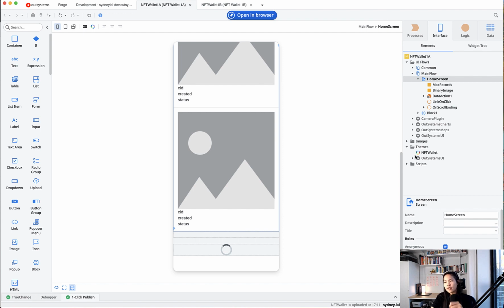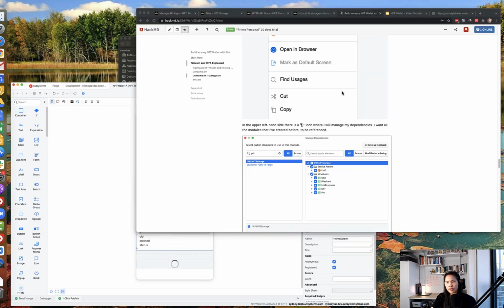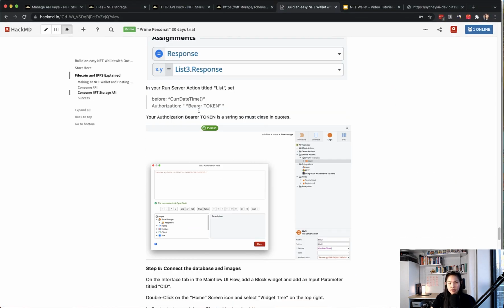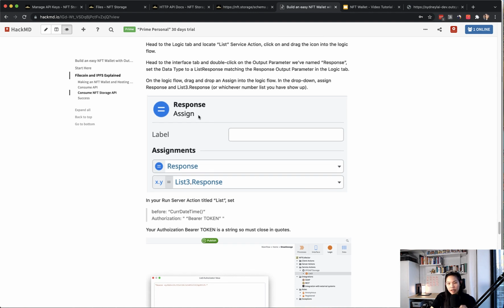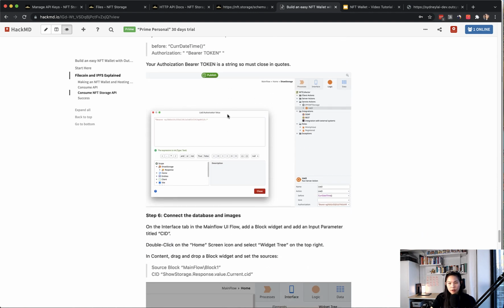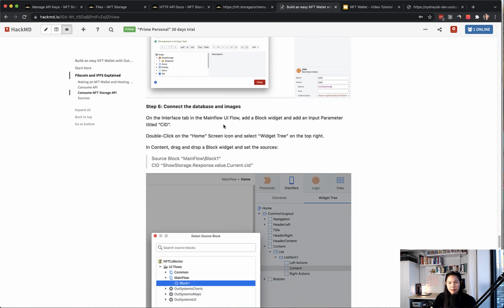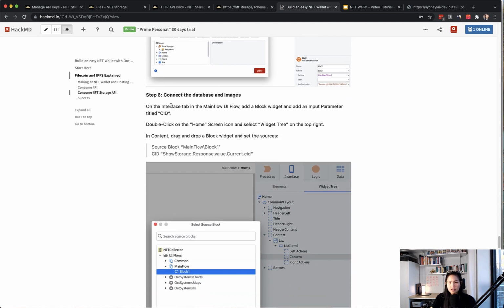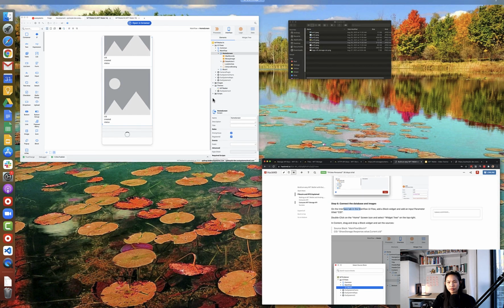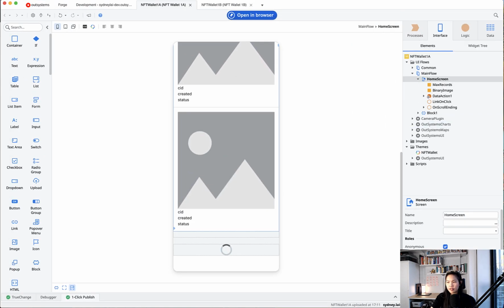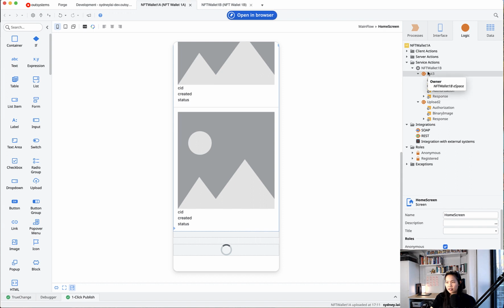Another part of the application build, or I should say the technical documentation, let's take a look. So following along, what I just showed you was being able to put the response in the logic flow. You have then connecting your database and your images. So what we're going to do here is in the logic and list, you just want to make sure that you also include the